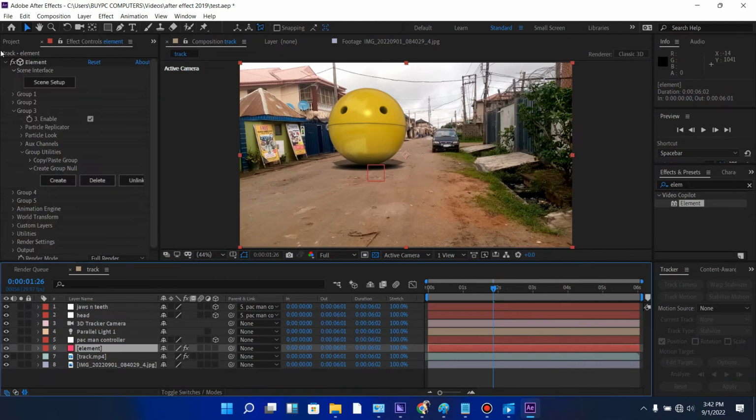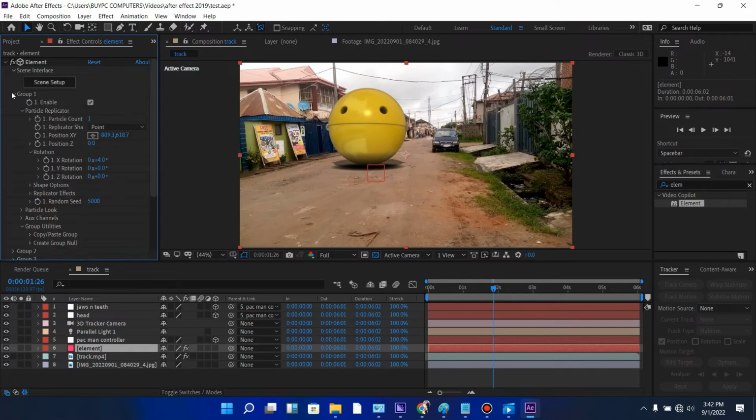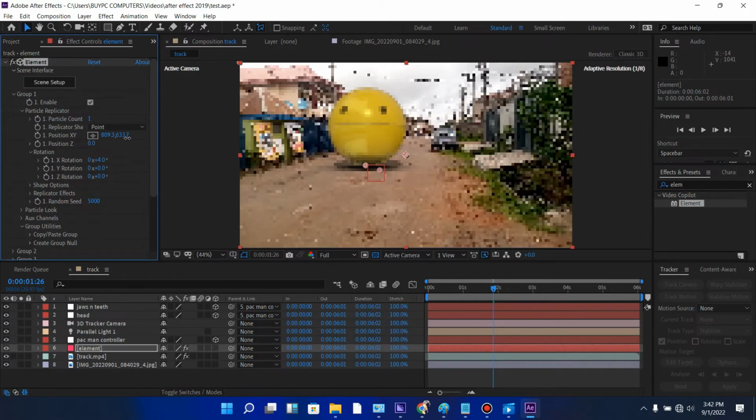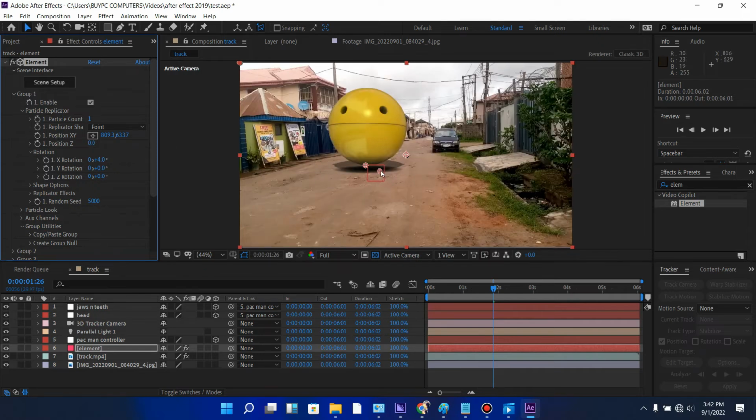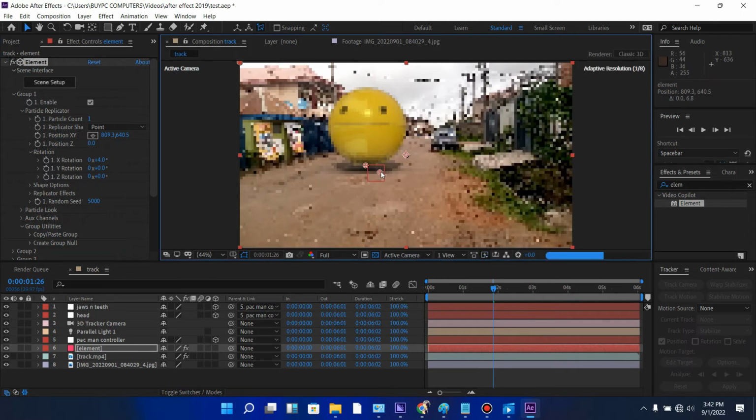So I'm just going to come back to the group one, and I have to create a null for this one. Come over to group one, or I can actually just move the position here down. I don't need to create a null. I can actually just move it down. I think this is the position. Yeah, so it's actually this way down,